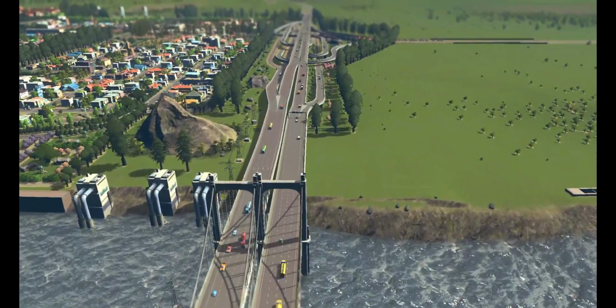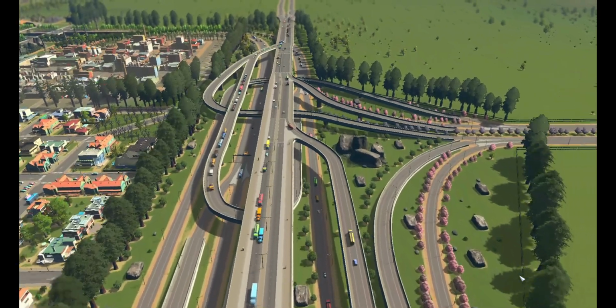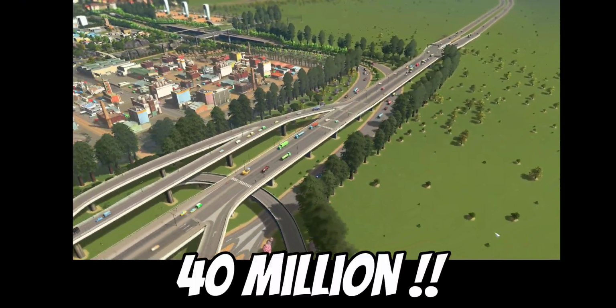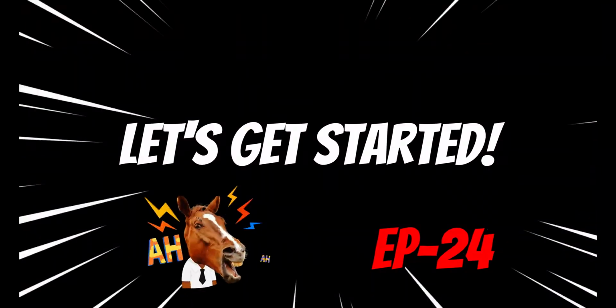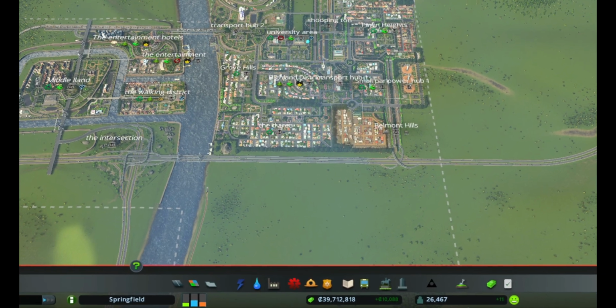I have made a lot of intersections in the past, but today I'm going to build a custom intersection out of this world with my 40 million budget in City Skylines. This is the state of my city right now, and as you can see, I have no highway access